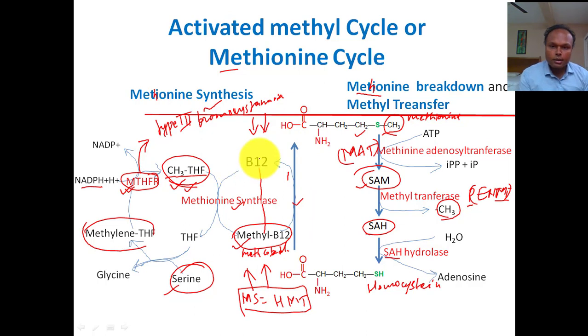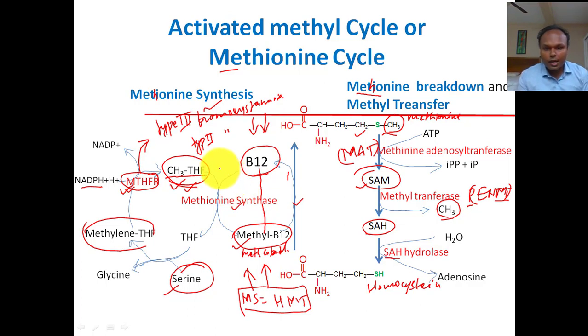So the second type is type 2 homocystinuria. Type 2 homocystinuria is because of a problem in vitamin B12 metabolism. Actually, vitamin B12 intracellular metabolism, and the incorporation of this vitamin B12 into methionine synthesis, require a series of